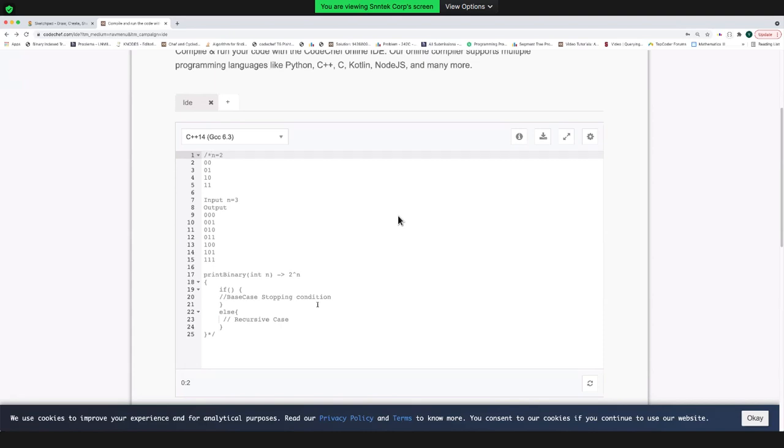We'll convert it into two parts. Okay. So you are saying, before even going to recursion, let's say I want to solve this problem with the help of a loop. So Sriram is saying that I know that for a given n, we need to print the binary representation from 0 all the way up to 2 power n minus 1, right? So I'll iterate from 0 to 2 power n minus 1, and we can convert all these numbers into binary and print that.